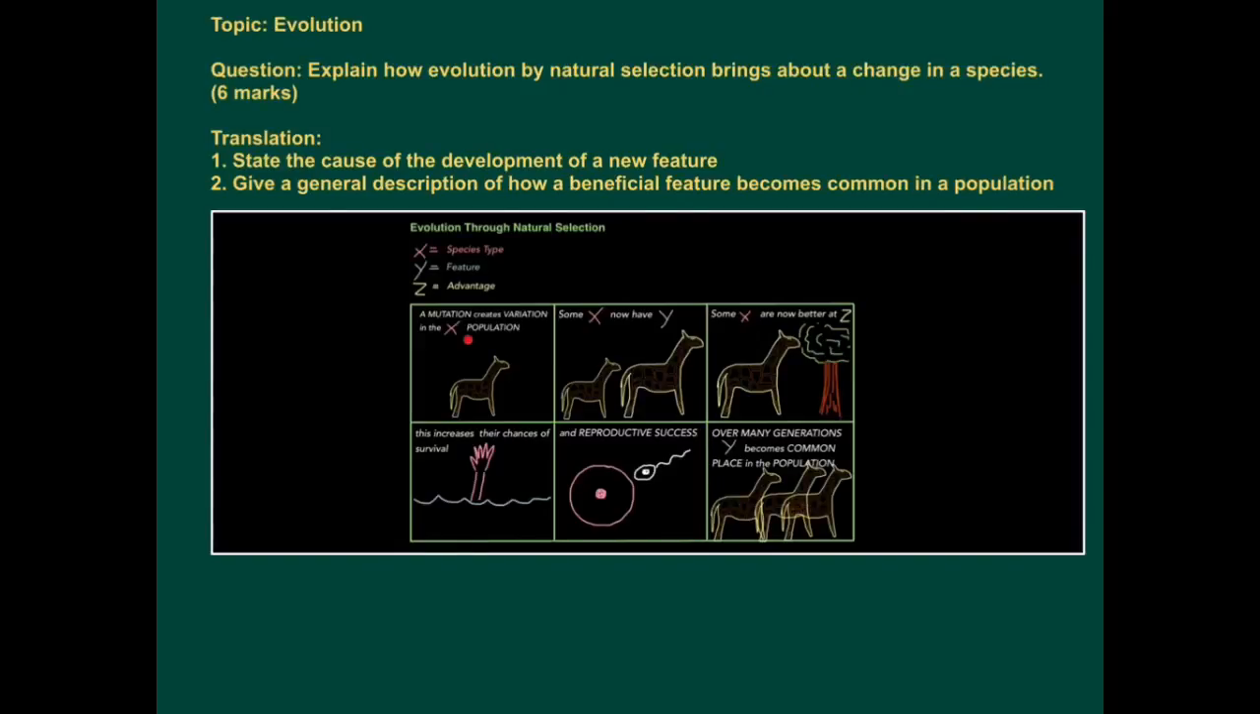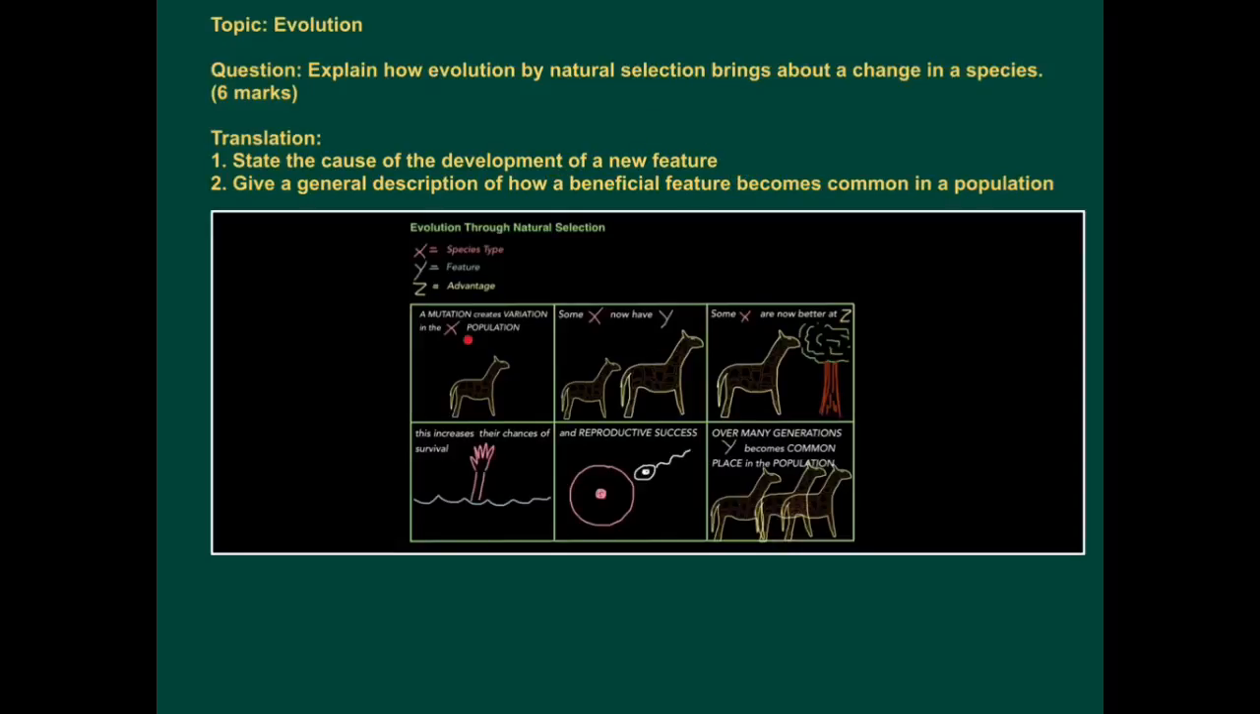This exam application tutorial is on the topic of evolution. The question for 6 marks is: explain how evolution by natural selection brings about a change in a species. So what this question is asking you to do is state the cause of the development of a new feature,